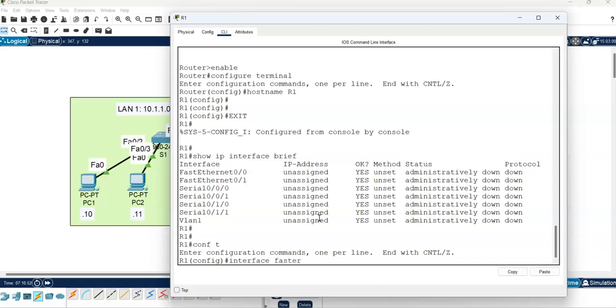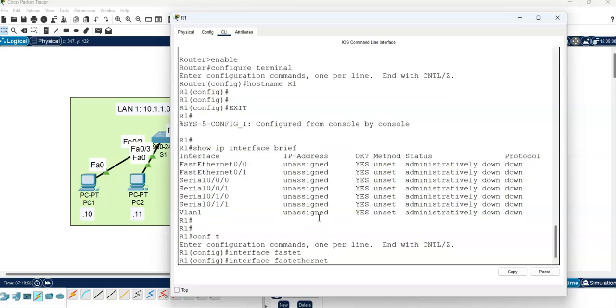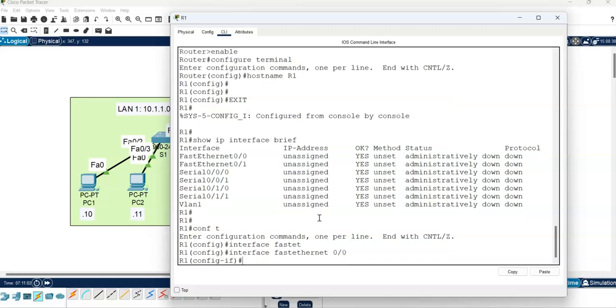fast ethernet. We can press the tab key on your keyboard and that completes the command, if it can understand it, otherwise you need to provide the full command as well. And that is now taking us to the fast ethernet interface. We need to give an IP address. So the command is ip address, then whatever the IP is, 10.1.1.1, and the subnet mask is